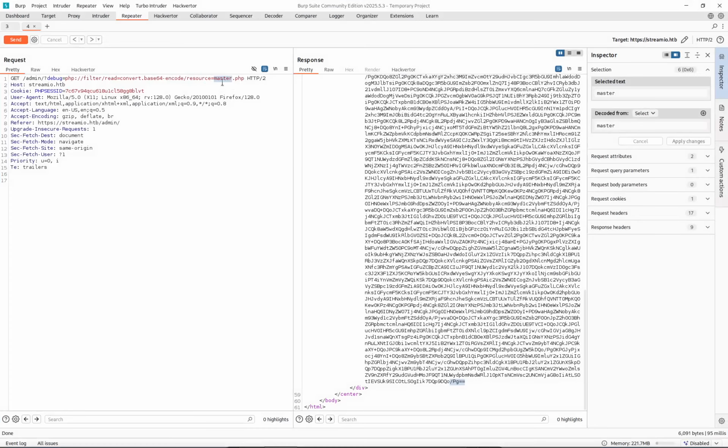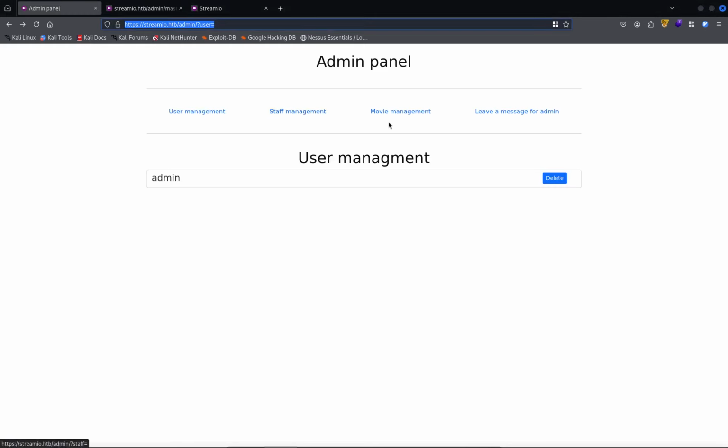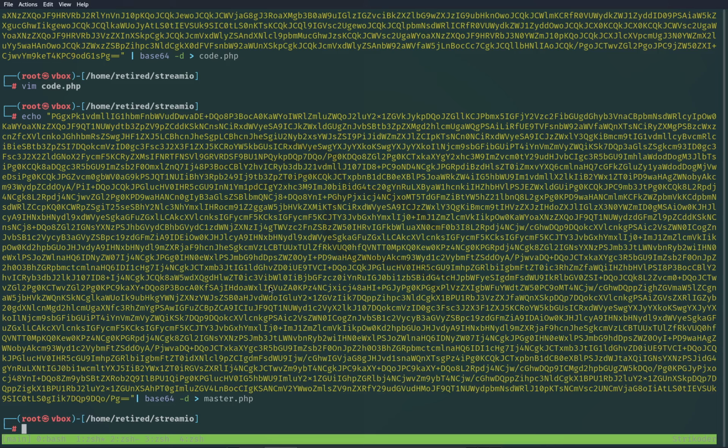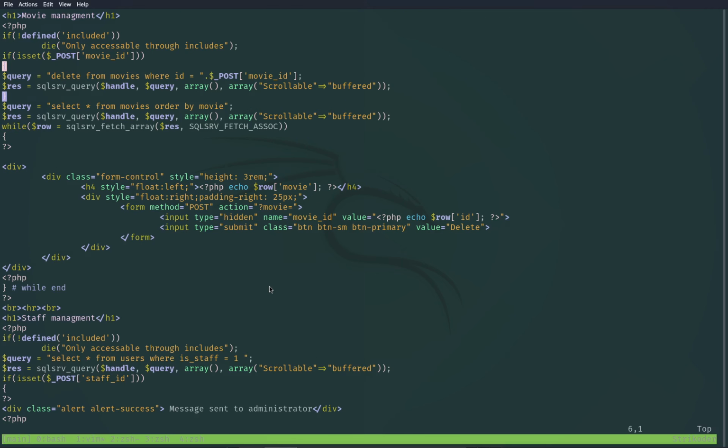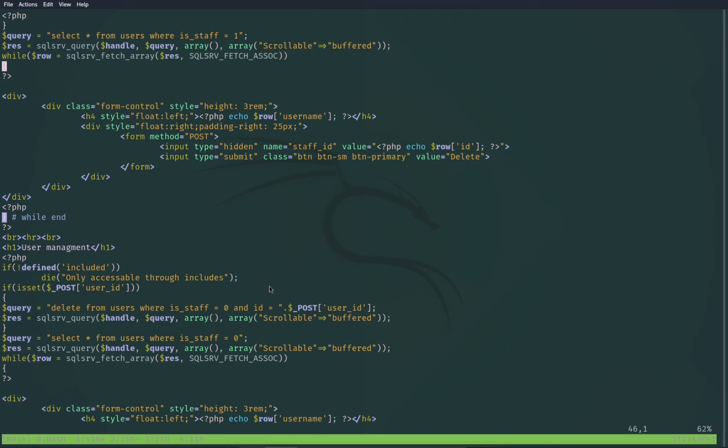Since we now know the name of the pages, staff, movie, but nothing interesting over there. Let me cat now the master.php, or I like to use Vim because I'm used to the shortcuts inside Vim if I need to copy something, if I need to do anything, substitute. However, here we see H1 user management, so I'm gonna search for H1s